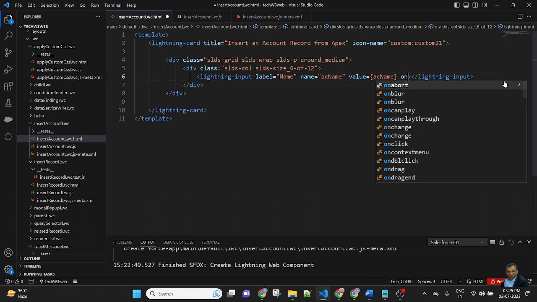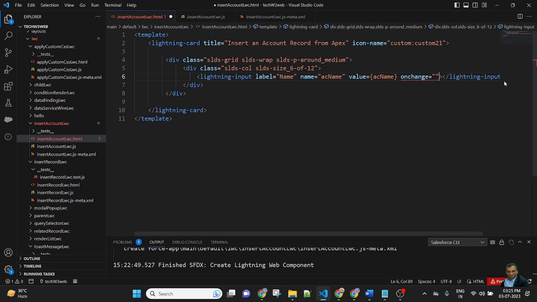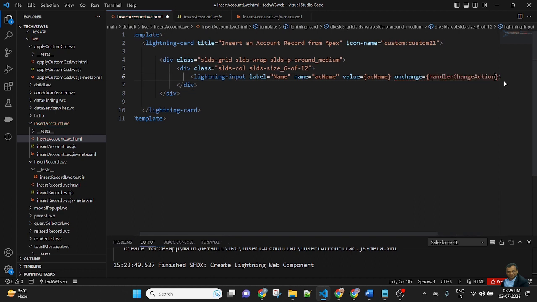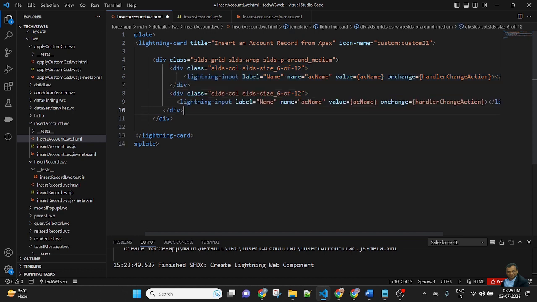There is an onchange attribute. On change, pass the JavaScript method name, handler change action. So I created one lightning input. Copy and paste it.